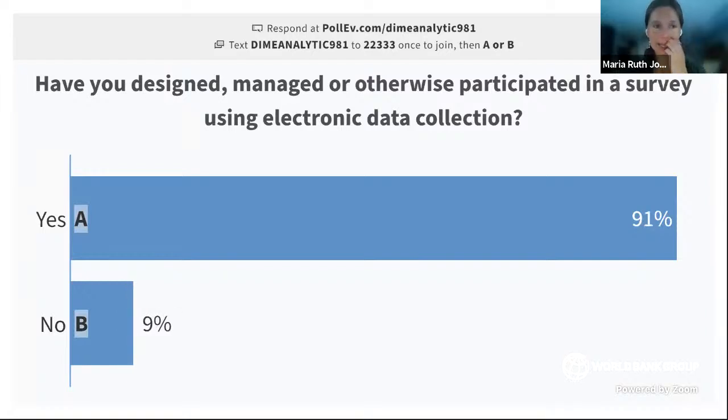Just a few more seconds here, but it looks like most people have somehow participated in a survey. So that's great, and I think this section will be very relevant then. As we dive into the details, I'm going to close this poll now and go on to the next one,